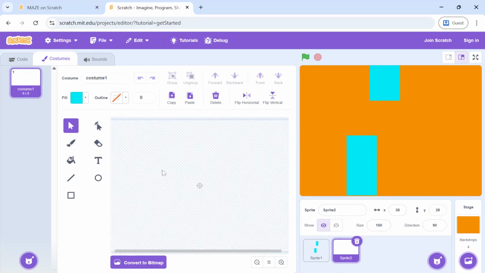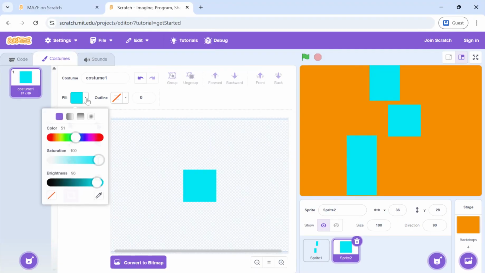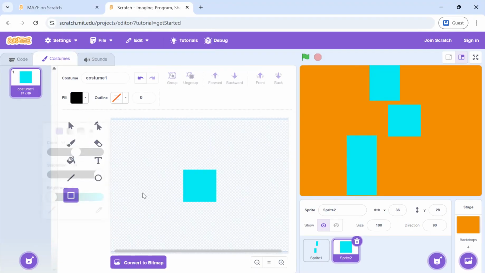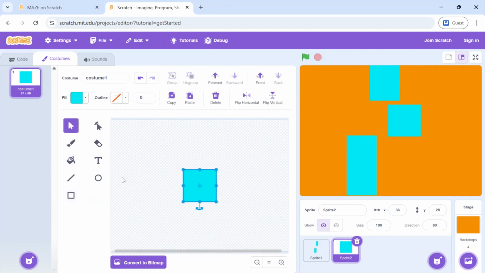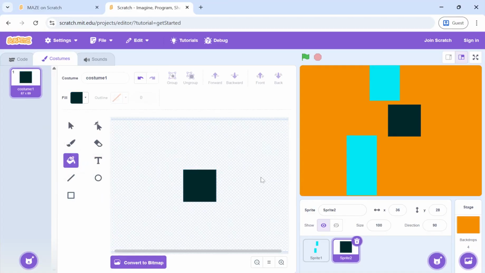So I'll paint, I'll take a rectangle. Now always make sure that you can also make a bigger one and then you can resize it, because it becomes easier for you to paint a sprite. You can give eyes here. I'm changing the color of the sprite so that I can differentiate between the sprite and the maze.